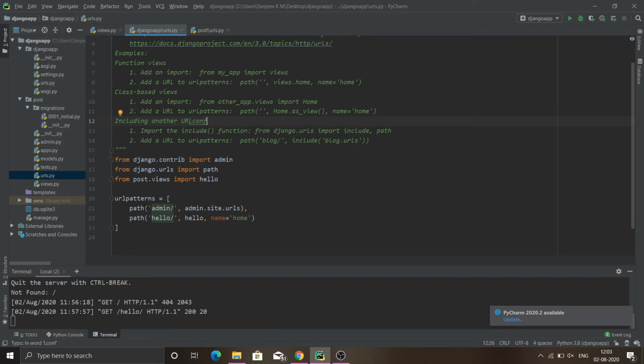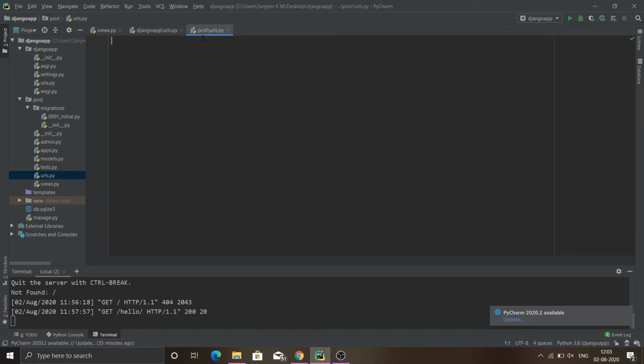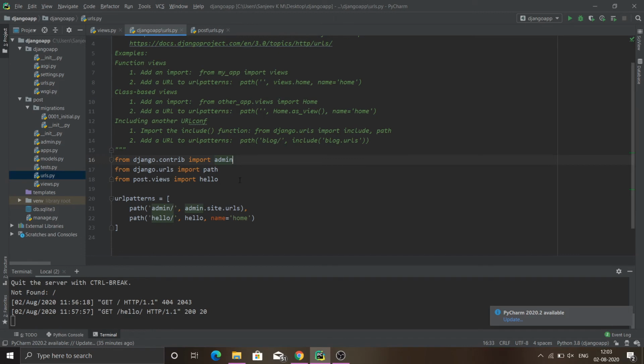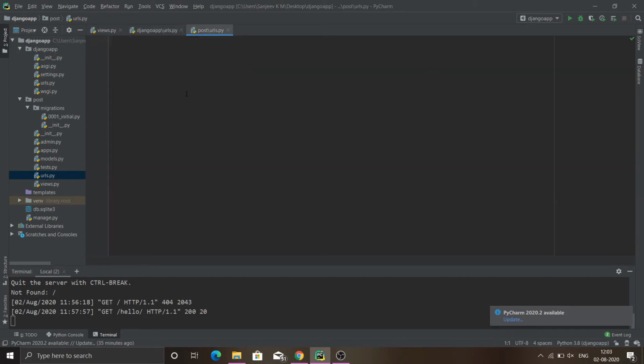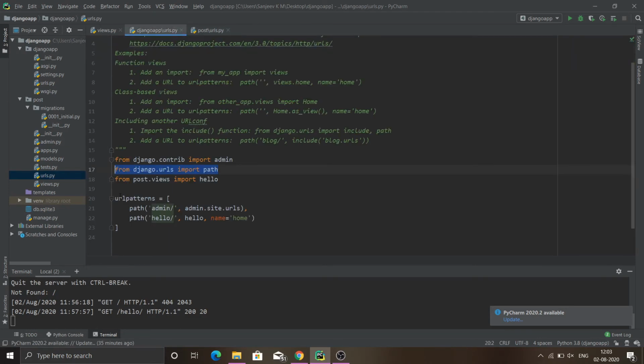So we need to have this path method within this urlpatterns list. This structure should be maintained in our post urls file too. So let's import this path right in our post urls.py file too, and all our path locations will be in the same pattern within our urlpatterns list.